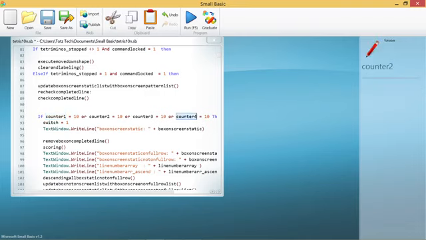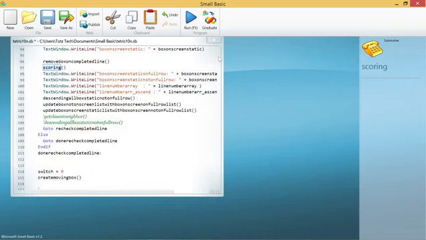If one of those counters is 10, then that means the box that was just placed on the screen constructs a full line. It means the boxes on that full line will be removed, and then this is used to remove the boxes, and then this sub adds the score, as you can imagine.